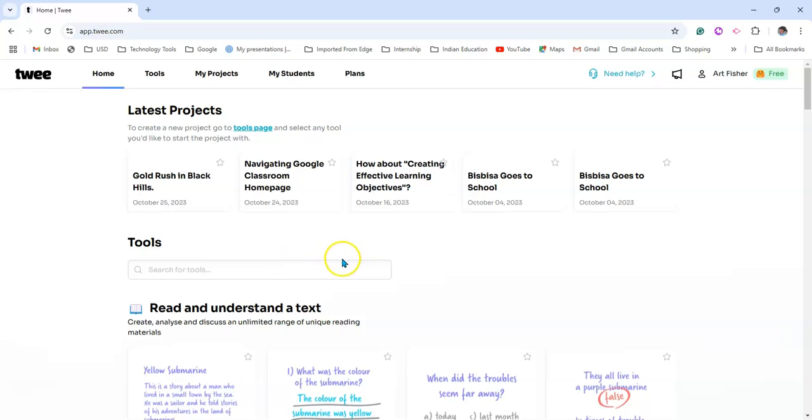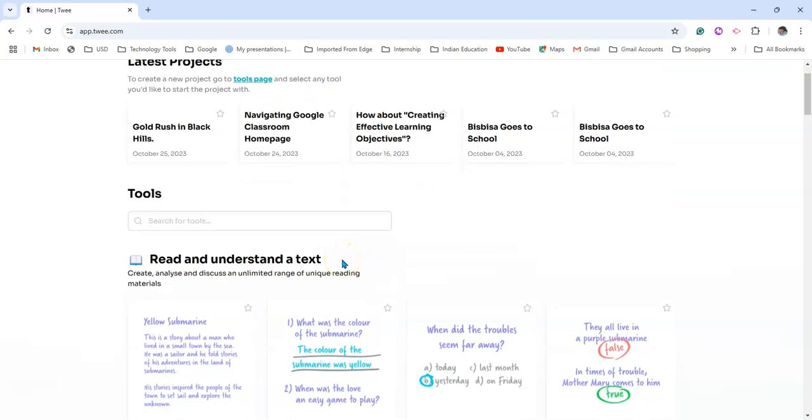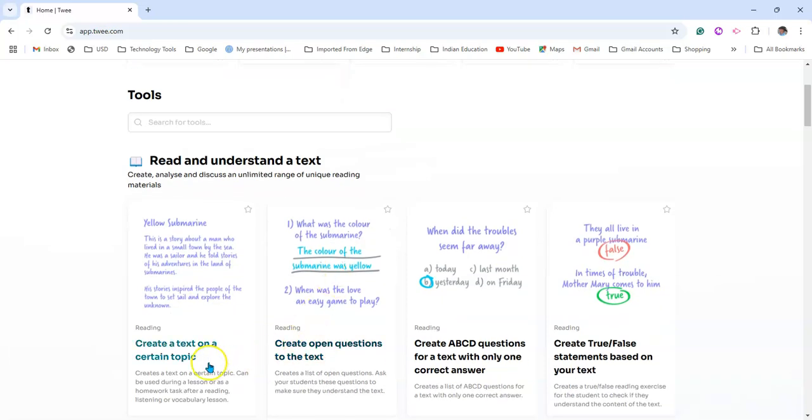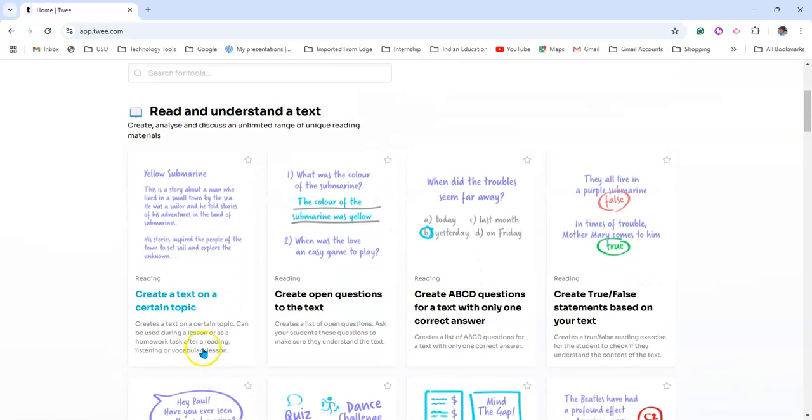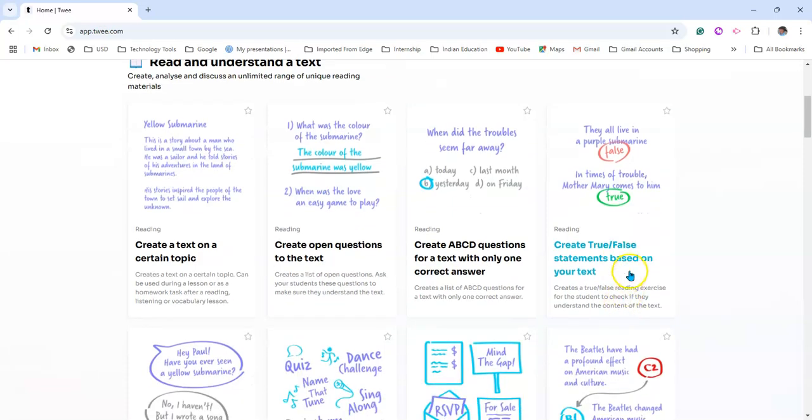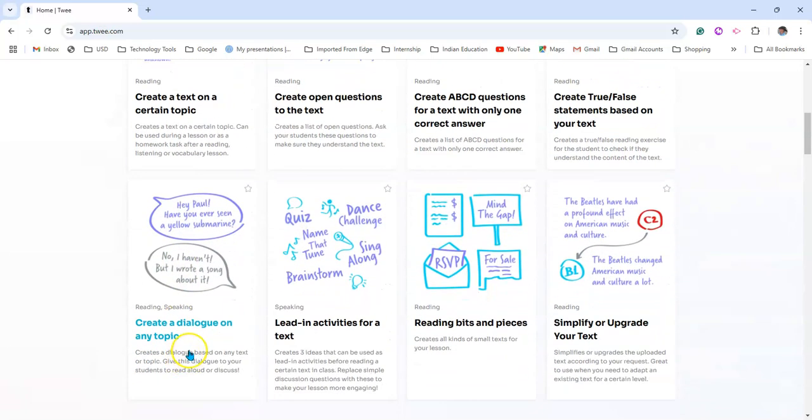Now, there are so many different things you can do at Twee, and I want to encourage you to play with it. But for this, we're just going to use the video option. So you can look at this. Create a text on a certain topic, create open-ended questions on text, create ABC questions for text, create true-false statements based on your text, and so on, and create a dialogue, lead an activity from text, reading bits and pieces,